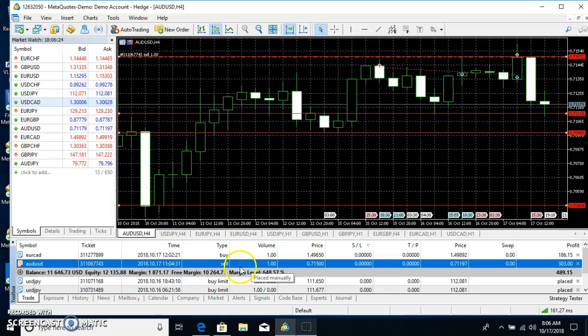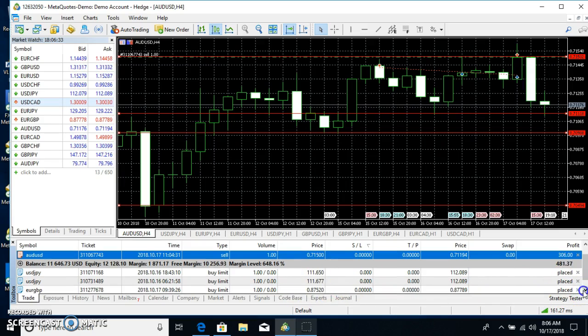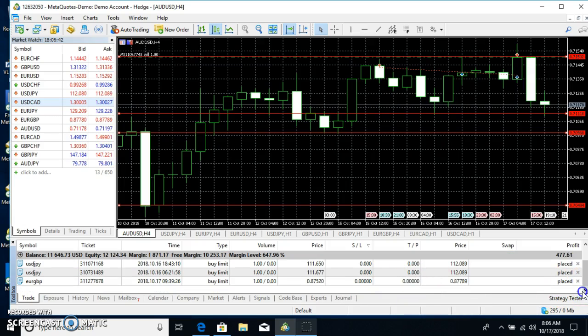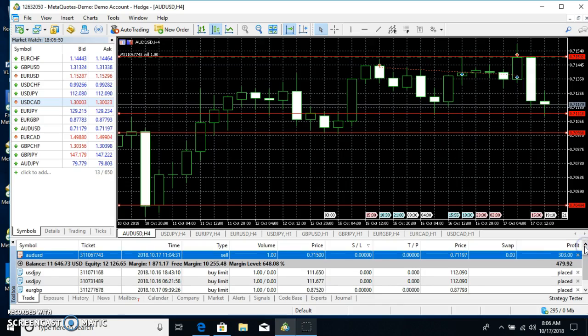Now, with this order, I got about, see, these are all pending orders. They just didn't hit. I put in a lot. I got about 5 of them, 3 of them in. So I put 5 in all together last night. It just didn't hit. So, what do I do? With the other one,